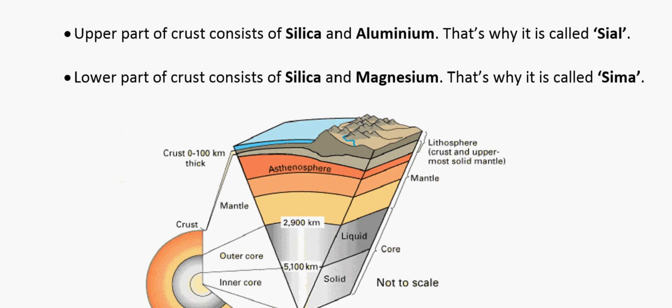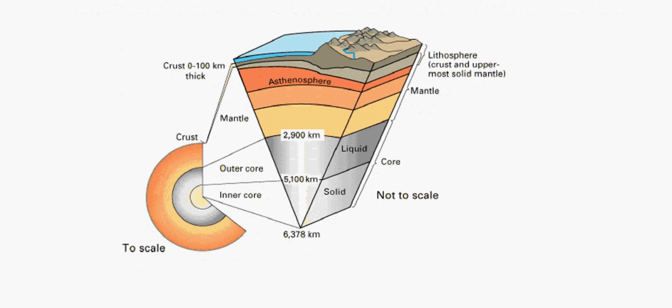Okay guys, so the upper part has silica and aluminium, while the lower part has silica and magnesium. This may be asked, like which minerals the lower part of the crust or the upper part of the crust consists of. So this can be a question, so be careful. So now